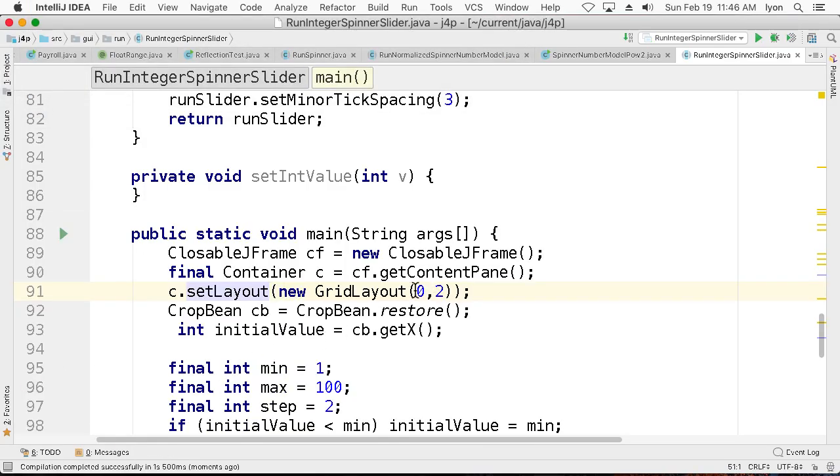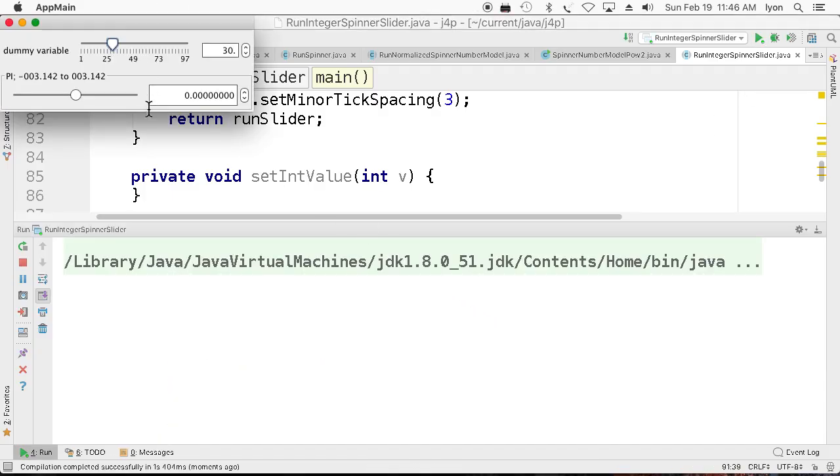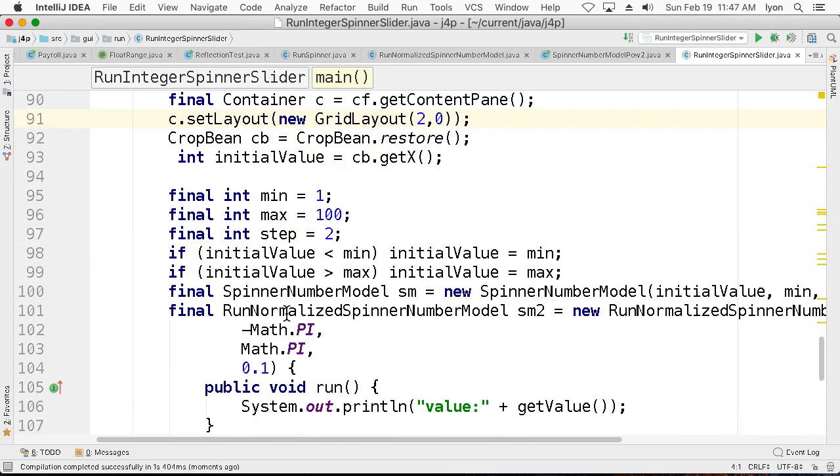And if you want, we can make it exactly 2 rows and as many columns as you like. Let's see if we got that backwards. Yep, there we go, 2 rows. So now what we're going to do here is we're going to take a quick look around and see what's